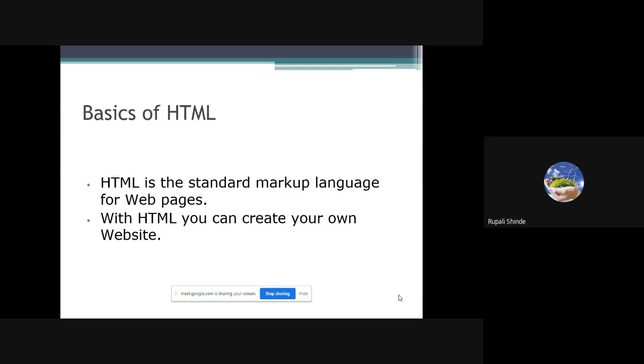Now, here I'm going to use the terms static and dynamic. What do you mean by static? Static means we cannot change anything in that particular web application, or we cannot send any information to the server. We just access the website only. I cannot modify it or send information to the server. These are static web applications. If we send some information to the server, these are dynamic websites, like when we fill in online forms. That is an example of a dynamic website.